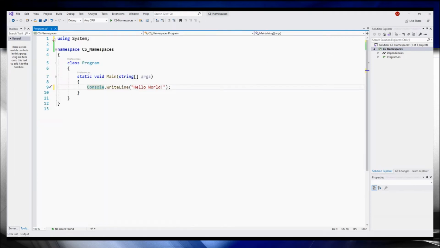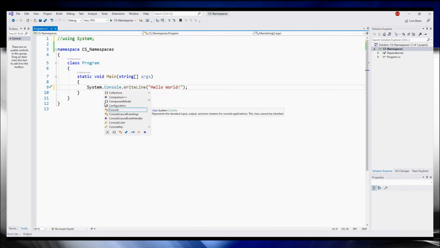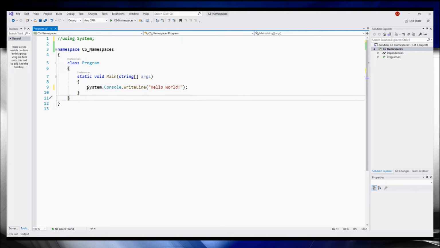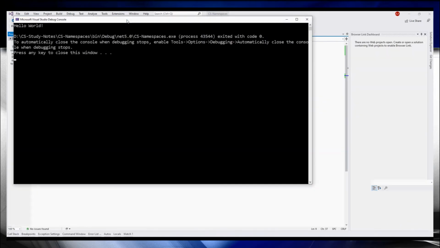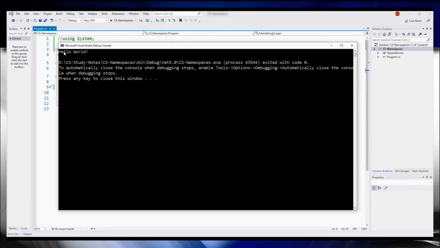If we comment out the using statement, right away we get an error, and the error indicates that the name Console does not exist in the current context. What we could do to fix it is System.Console. Now everything looks fine. What we've done is use the fully qualified name here. Let's run our application to see what happens, and the results are as expected, Hello